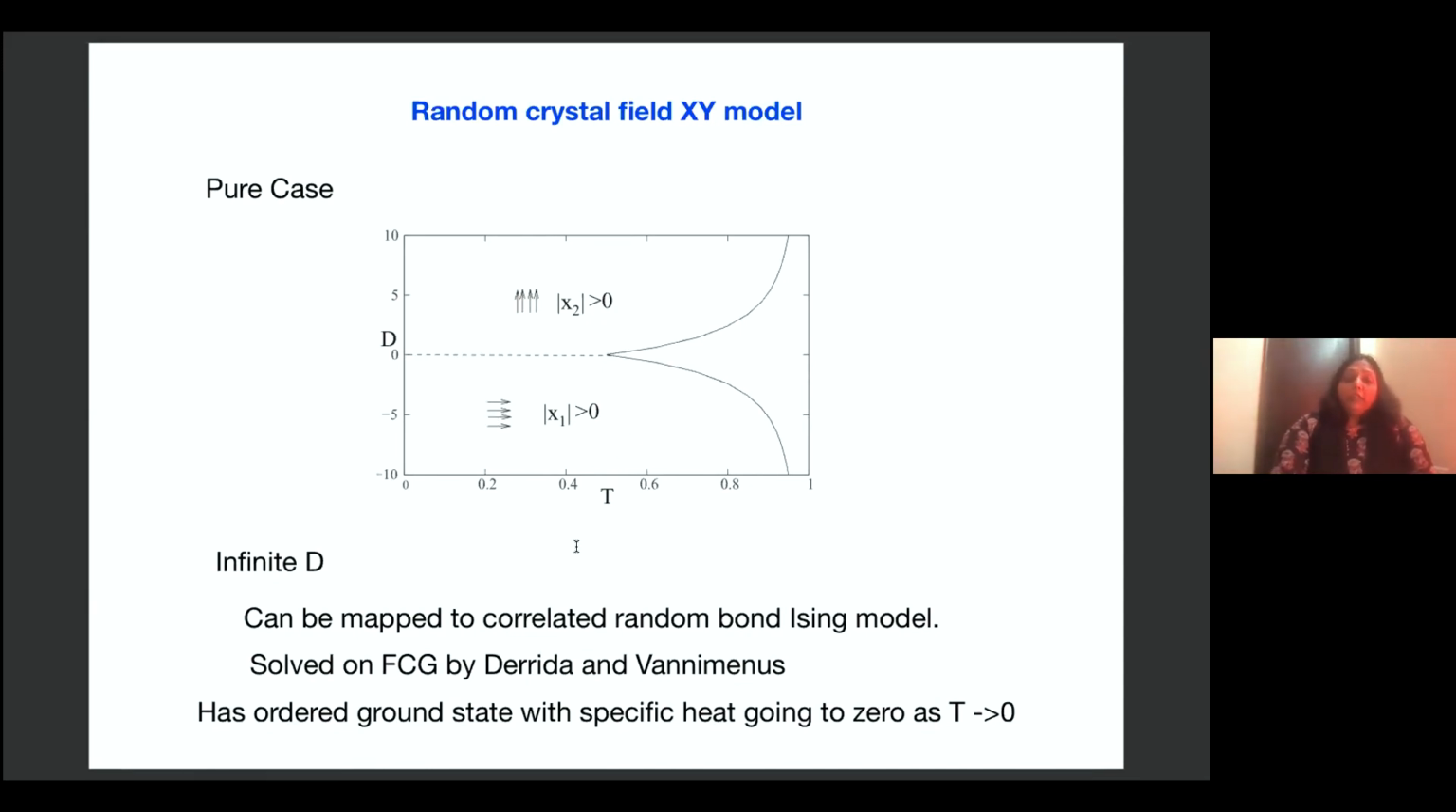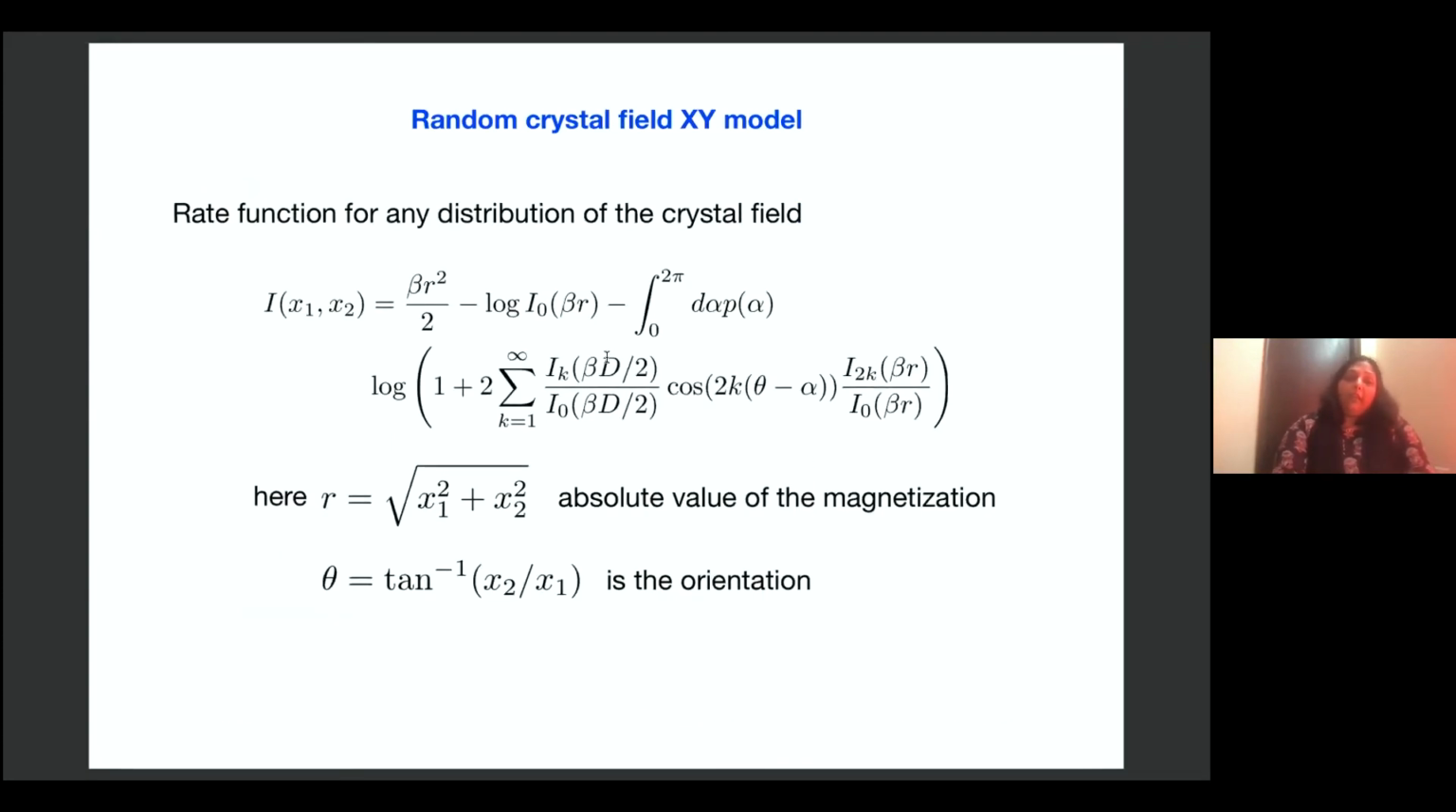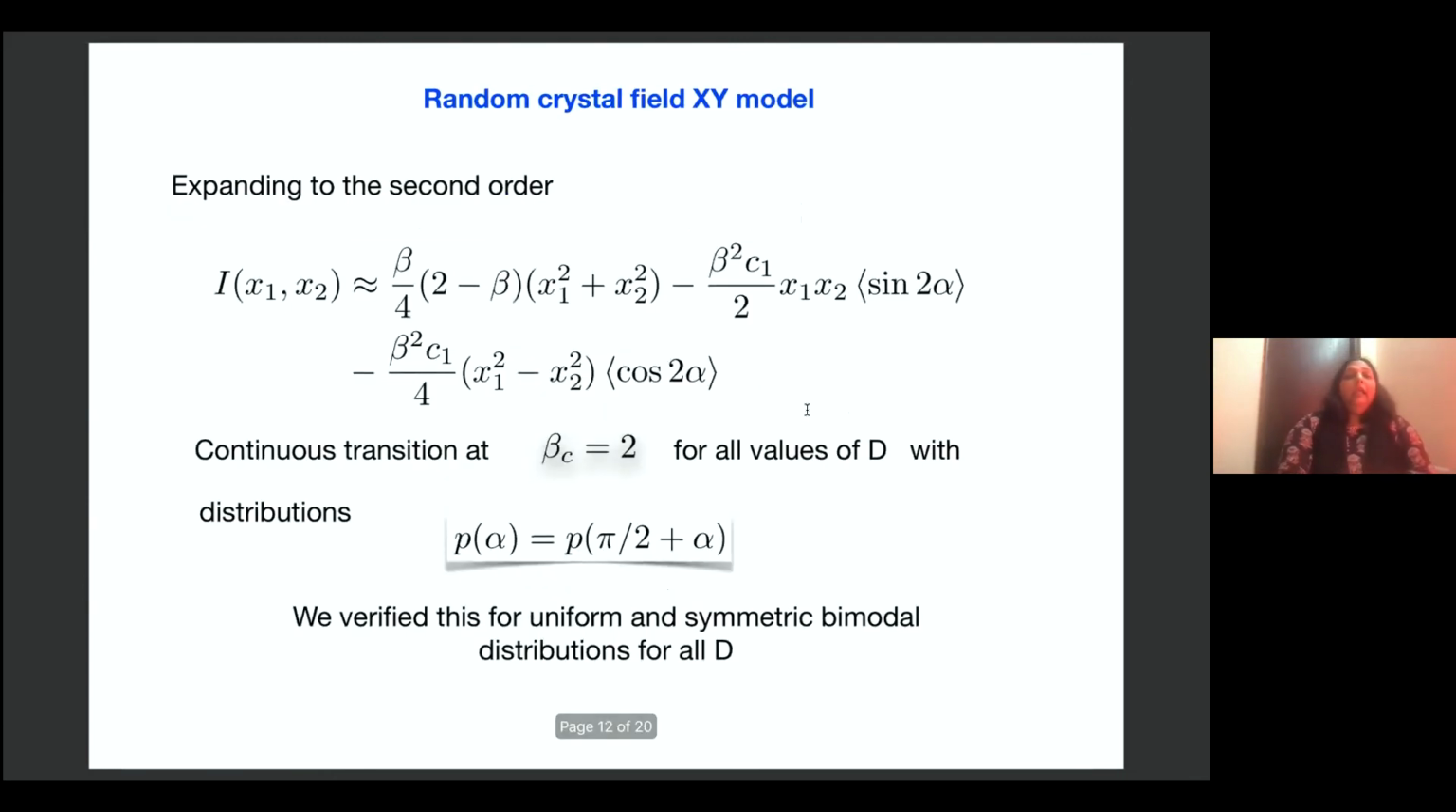And the model was solved when we take infinite D strength, because it becomes a random bond Ising model. We actually solve the model for finite dimensions, and the rate function looks something like this, where all these I's that you see are the modified Bessel functions of the kth kind. And from this, we find that the beta, the transition temperature, actually is independent of the strength of the D,